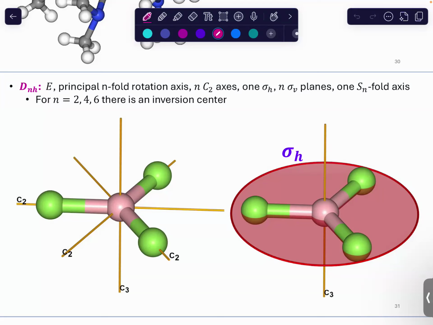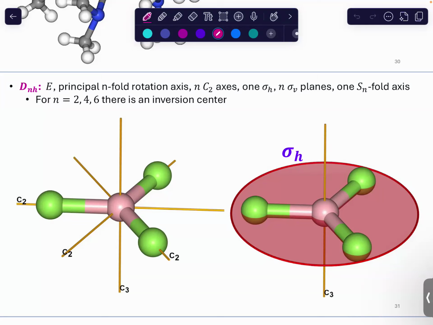Well, these are supposed to be. Did I grab the wrong molecule? Let me double check. I'm gonna bring up Autobahn real quick. Oh no, that's fine. I don't know what I was thinking, because I was looking at that and for some reason I thought there's an inversion center, but there's not. If you try to invert it, it would give you a mirror image. It wouldn't be the same thing. Okay, so there, of course, you see the C3 axis, you see the perpendicular C2 axes,